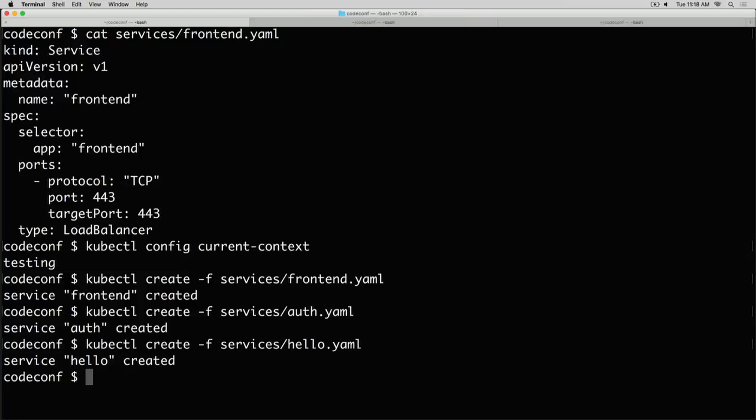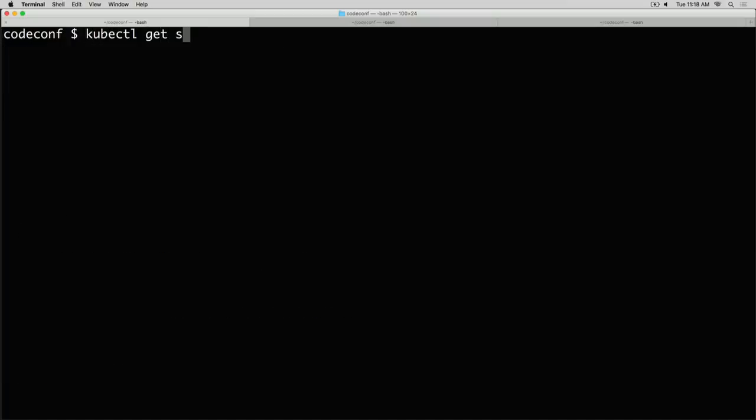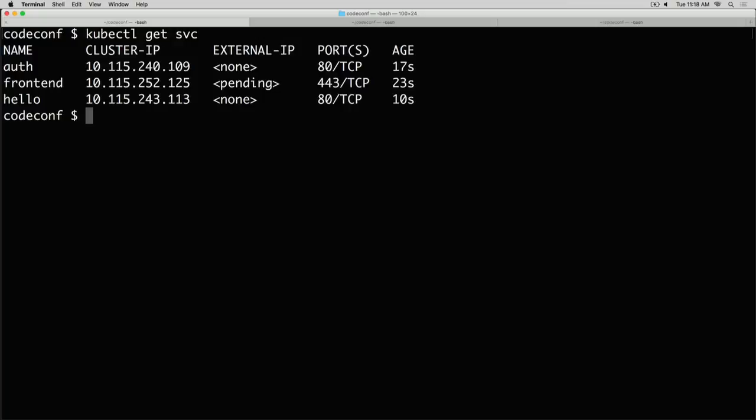All right, so all those things are in place, and I can go and see what services are available by looking in Kubernetes. All right, great. So I see that my public IP address is pending for my front end, and I see that I have cluster IPs for my auth and hello service. So we're in good shape now. So the next thing that I want to do is,